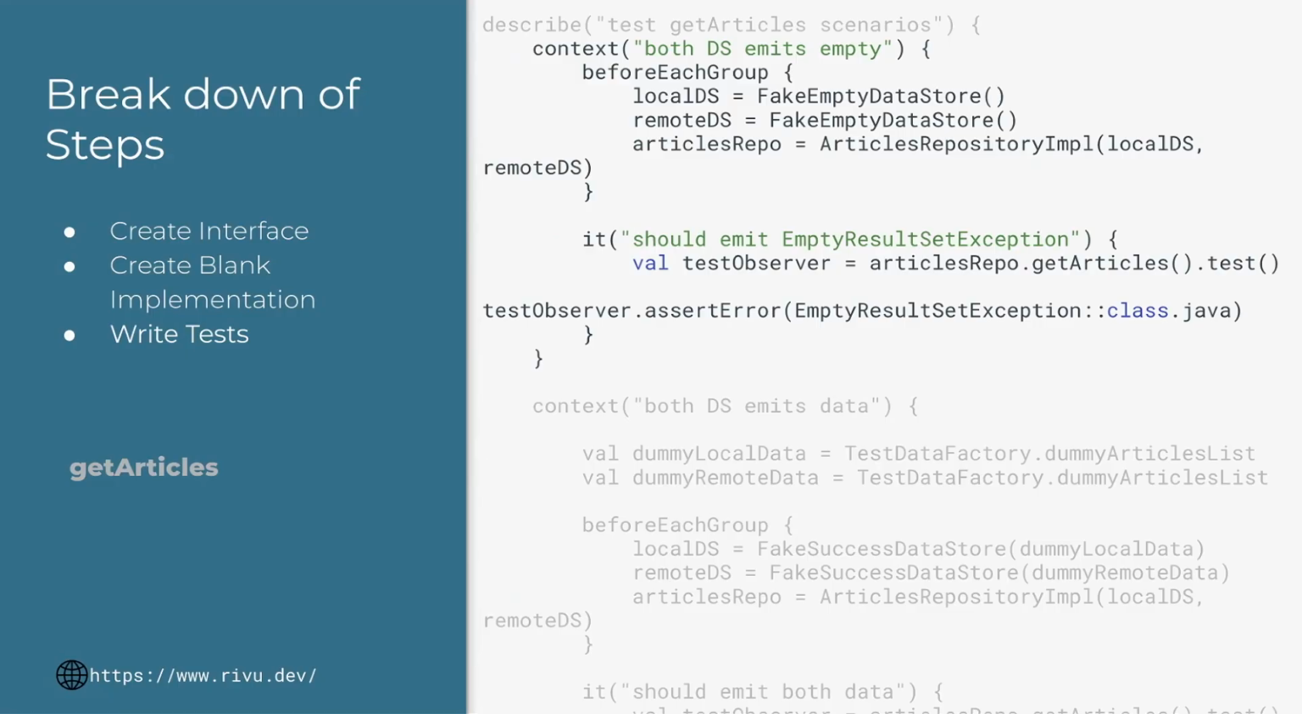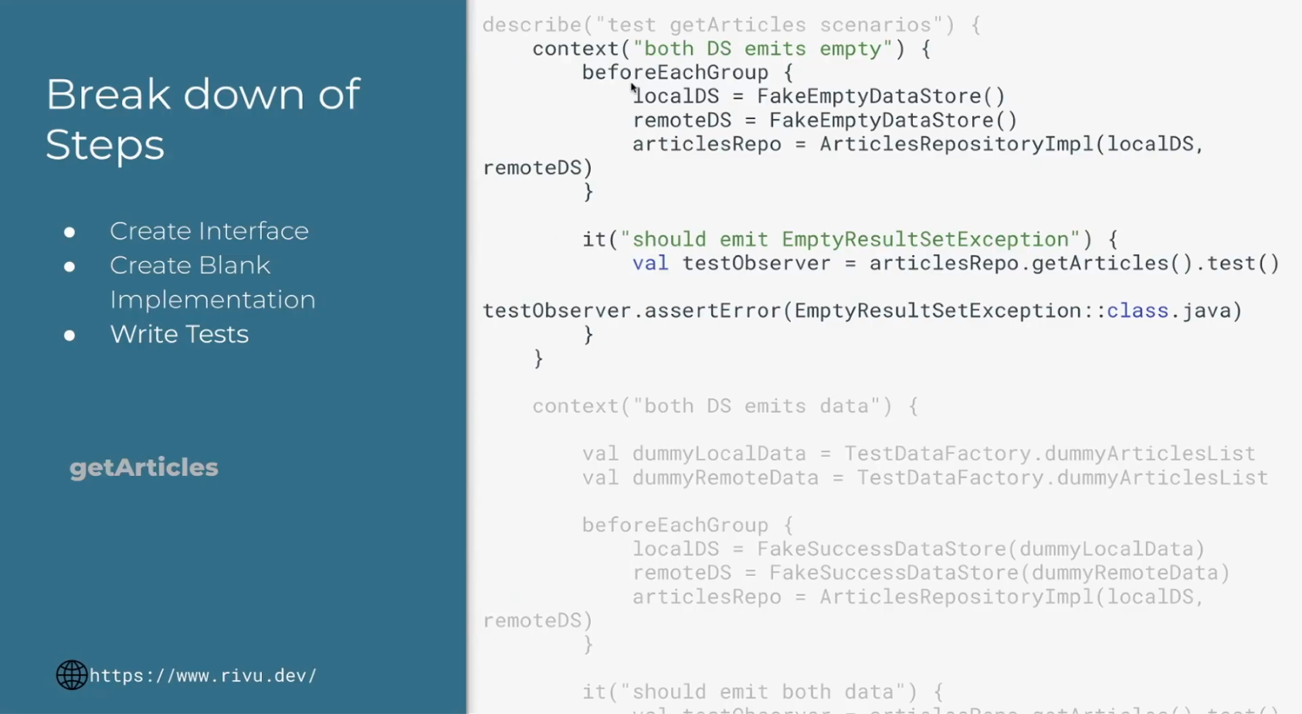Okay, first one is when both the data stores emit empty. Sorry, if both the data stores emit empty, then it should show an error, right? So here the error is EmptyResultSetException, and it's a custom error. Basically, I have created it, and